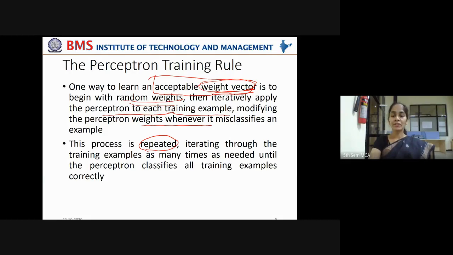Okay, this process is repeated, iterating through the training examples as many times as needed until the perceptron classifies all training examples correctly. That is our objective. Until the perceptron classifies all the training examples correctly, it needs to be trained by adjusting the weights iteratively again and again.